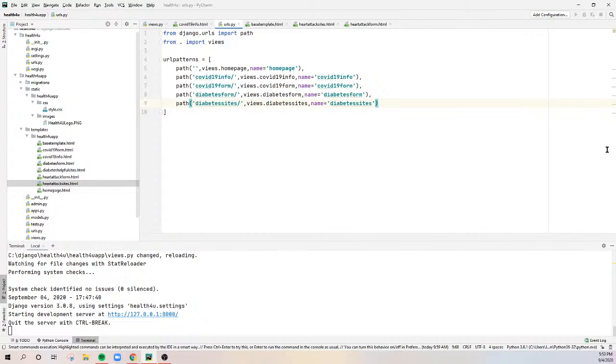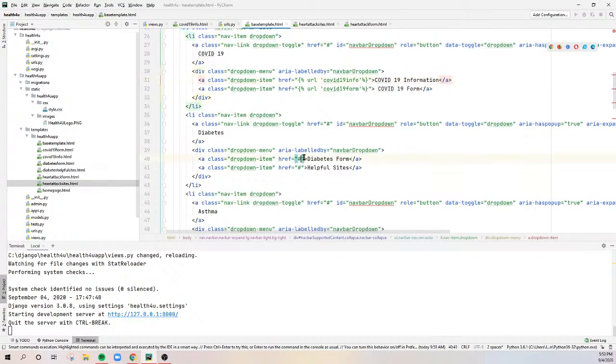So you see here we have diabetes sites, for example, and then in the base template we can put in href, and when we put in these percentage marks, that means it's a tag. We use tags for things like URLs and CSRF tokens. Then we're going to specify the name. I've forgotten the name. This is for diabetes form, so it's diabetes form, and then the same thing here for helpful sites,